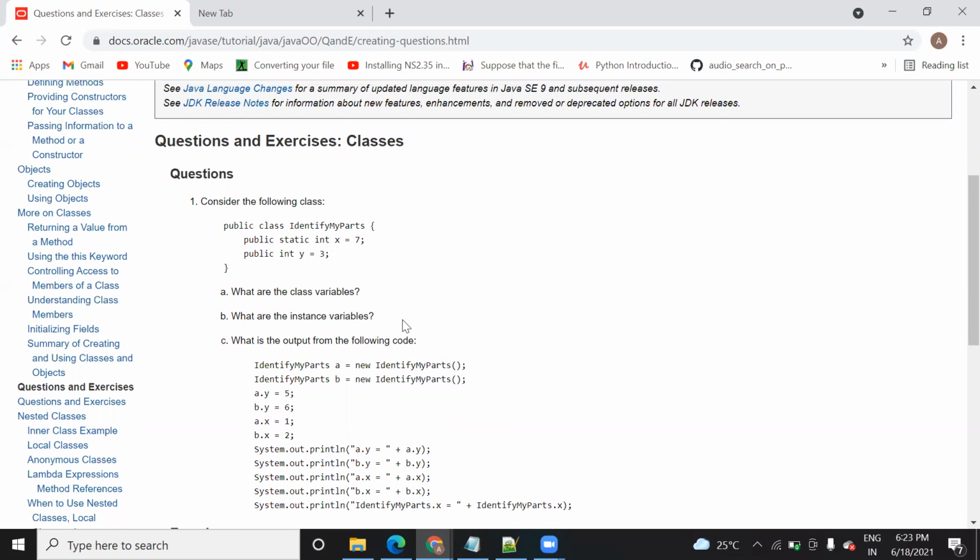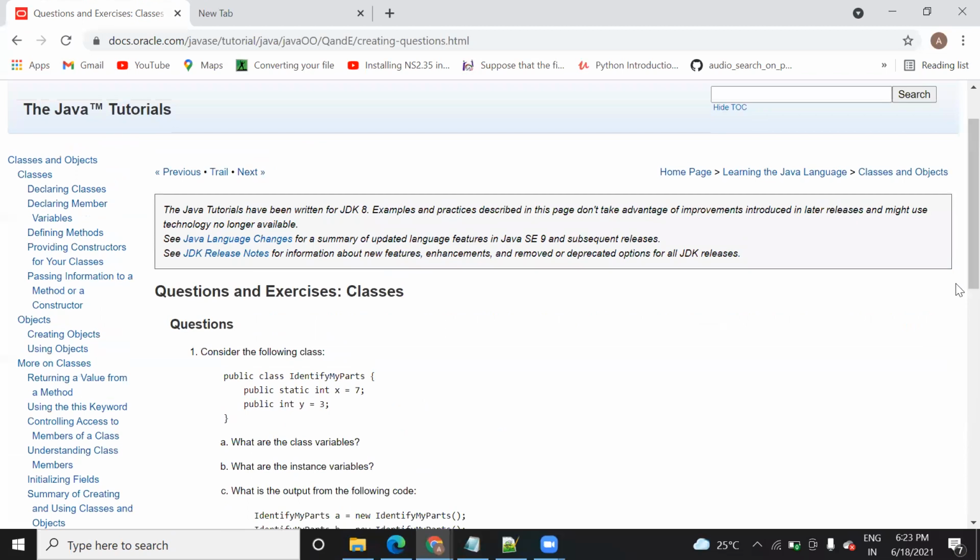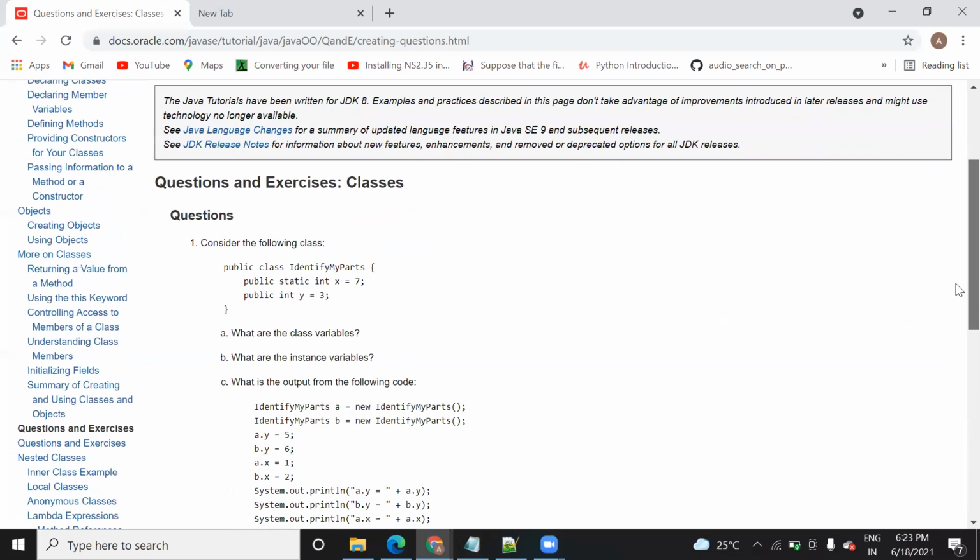If they ask you what the class variable, instance variable, and output of the following code are, how are you going to identify them? Have a look at this and practice. It will be helpful for you to prepare, and you can solve the questions given in this Java document. Based on that, which one is your class variable and which is your instance variable?